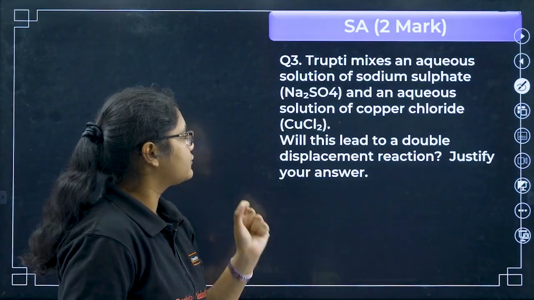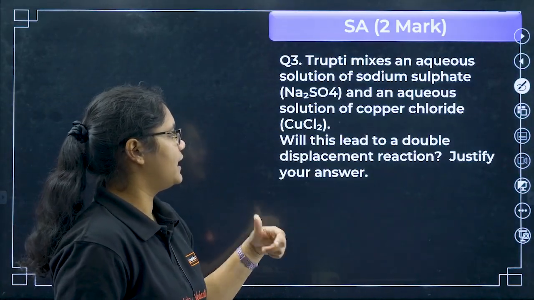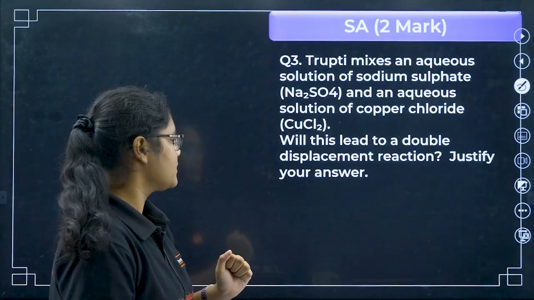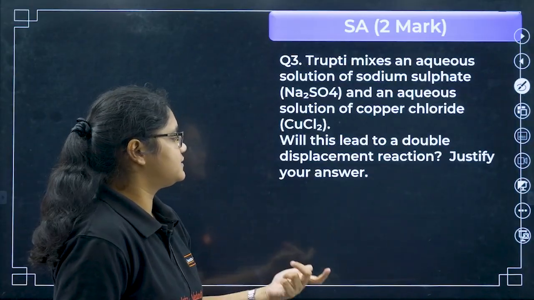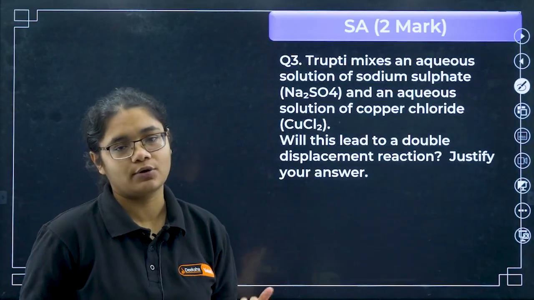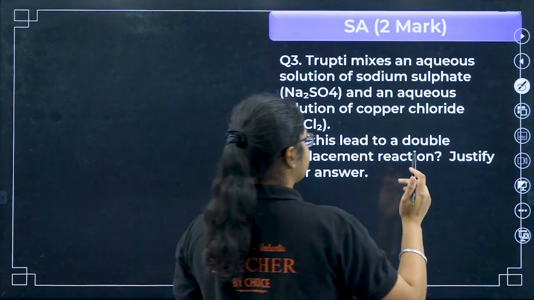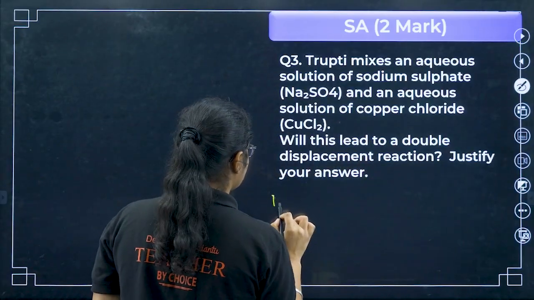Okay, moving to the next question, another 2-marker question. Tripti mixes an aqueous solution of sodium sulfate and an aqueous solution of copper chloride. Will this lead to a double displacement reaction? Justify your answer. So what happens if I react sodium sulfate